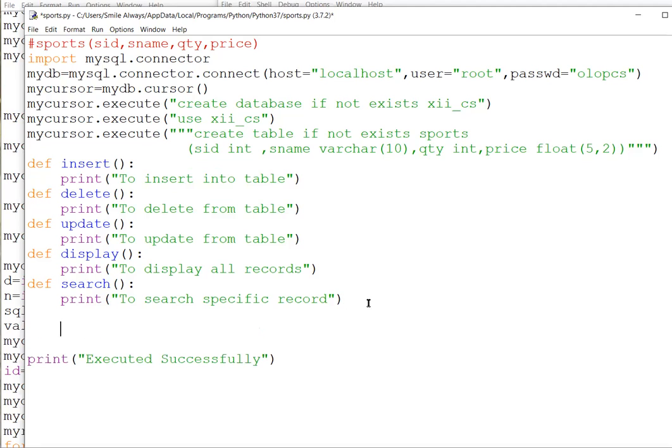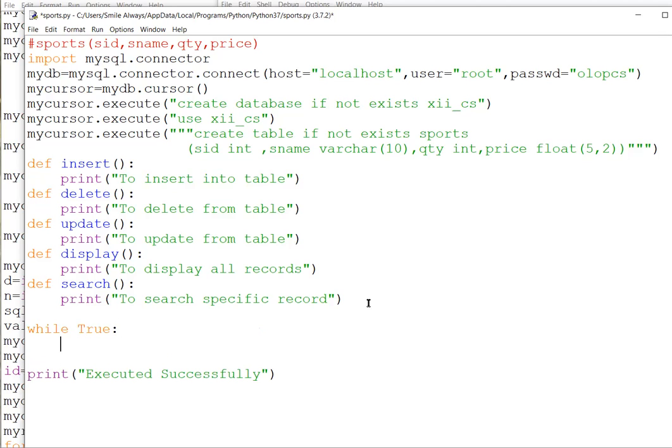Then we need a menu driven, a complete menu. Even for the menu you can create one function. When you are making a project, your menu has to be in a very systematic manner. I'm just making it as a top level statement. For the menu, it will run infinite times. How are we making a menu driven program? So, while True.